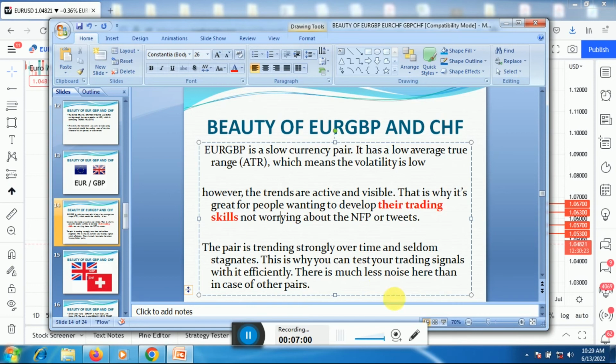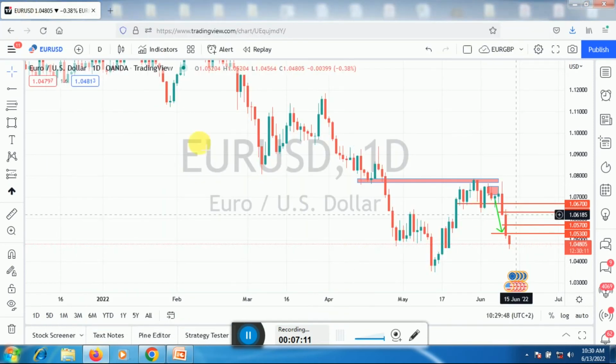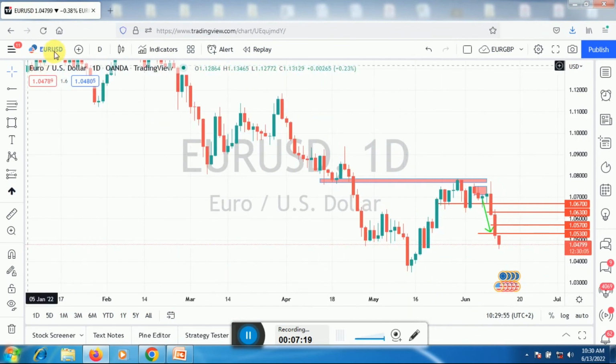There's much less noise here than in the case of other pairs. So there's much less noise in the case of EURGBP than other pairs. So we spoke about EURUSD, Euro dollar. It is the most actively traded currency pair. But if we're looking at